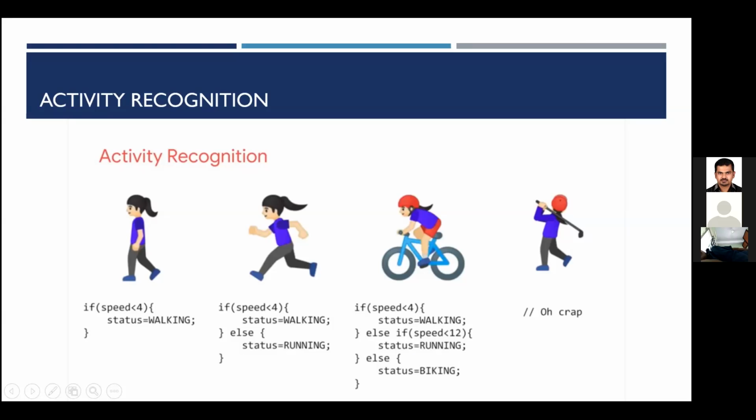Okay, so you're writing the code like this, and you find it difficult. In fact, writing like this itself is not realistic, because how can you say the speed of running or walking? There are different scenarios. The person may be climbing a hill. If he's climbing a hill, the walking speed might be much lesser. The person may be running down a hill, then the speed might be much faster. So you cannot actually program this way.